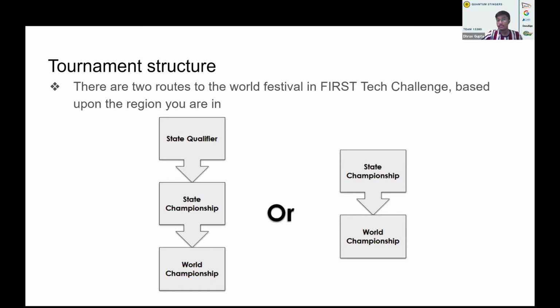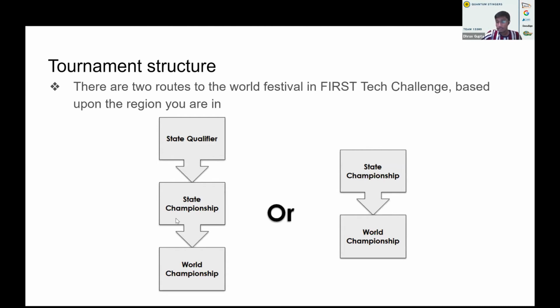each team can attend up to 3 of these smaller qualifying tournaments, which are usually between 16 and 28 teams. At these qualifier tournaments, every team will get the chance to go through prelims with their robot. So they'll go through 5 robot rounds, and then afterwards, they'll have the semifinals and the finals, just as you would have at state championships or worlds. Of these 16 to 28 teams, anywhere between 3 to 5 teams, depending on the region you're in, and the qualifier size will qualify to the state championship.